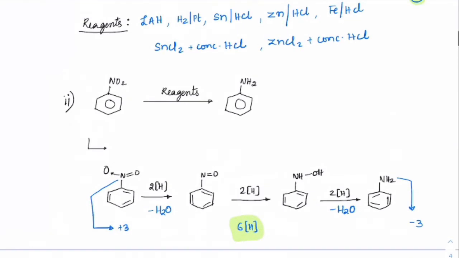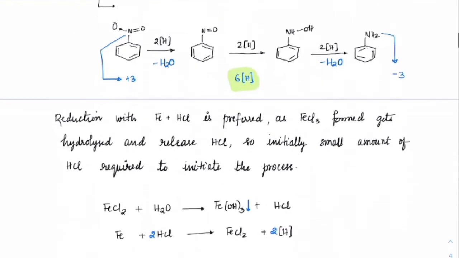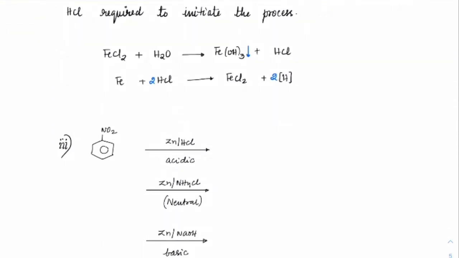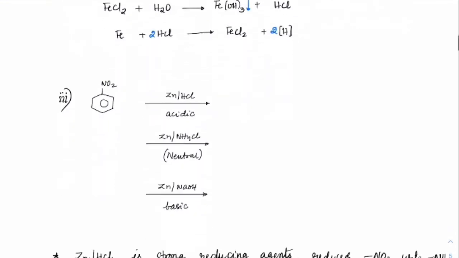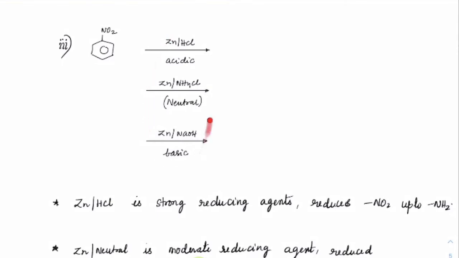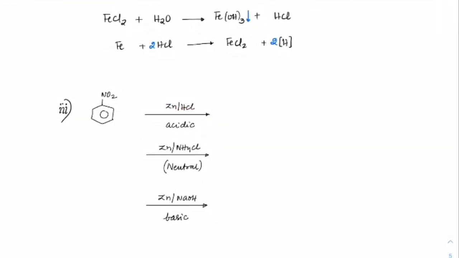I guess you understood how the reduction is happening. Now, whatever we have seen so far are cases where we have taken strong reducing agents. Zinc's reducing nature can be varied based upon the type of solution we are taking. For instance, if I take zinc HCl in acidic condition, this is a strong reducing agent, so that would reduce